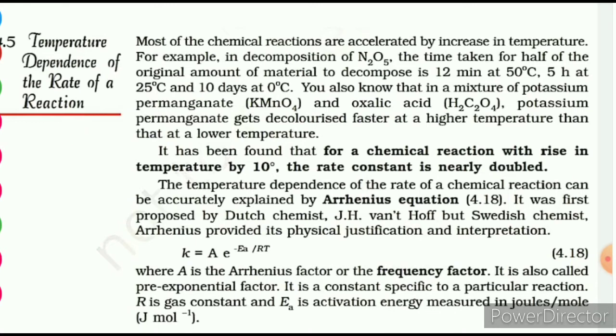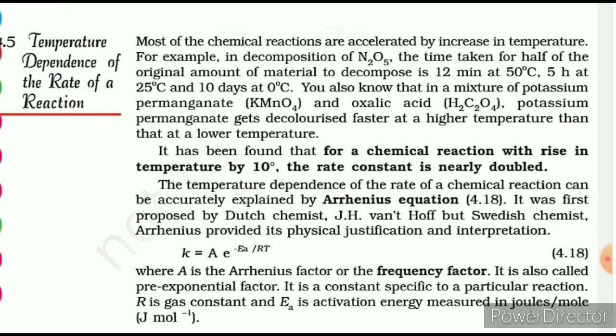For example, decomposition of N2O5 takes 12 minutes for half decomposition at 50 degrees centigrade, 5 hours at 25 degrees centigrade and 10 days at 0 degrees centigrade. So it has been found that for a chemical reaction, with a rise in temperature by 10 degrees, the rate constant is nearly doubled. This is explained by Arrhenius and it is governed by the Arrhenius equation as K equal to A